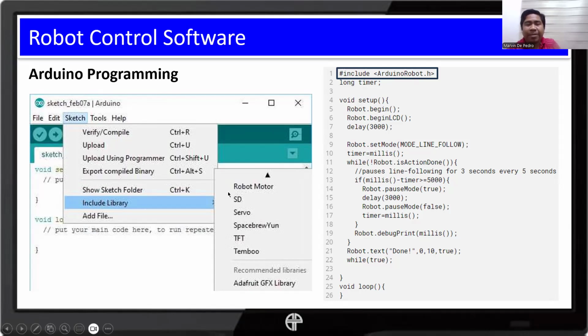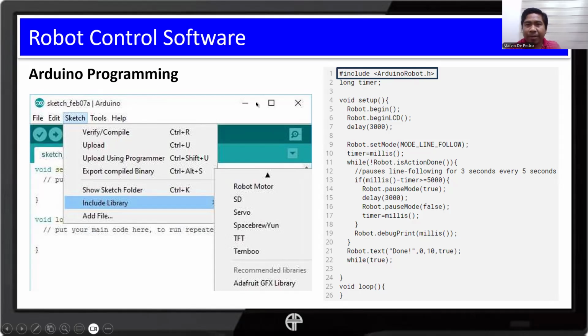Then you choose the library that you want to include, such as this one, where we use the Arduino robot.h library. This is a header file that will help us minimize our code by using the existing functions defined in this library.